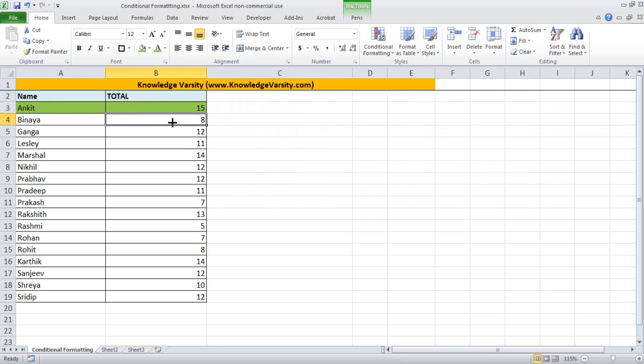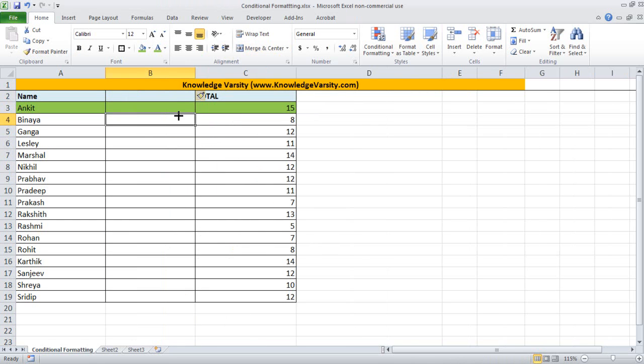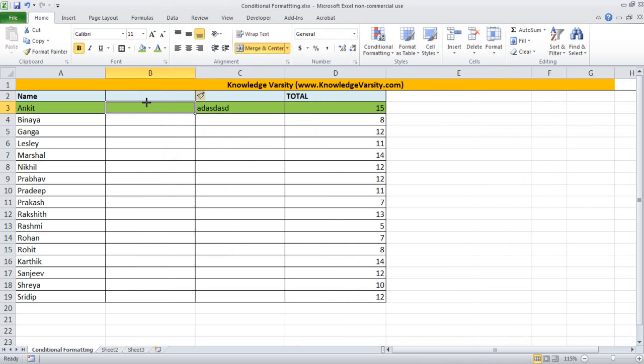So you see that the moment you put the dollar, it has come here. It may happen that I bring in another new row or column. Let's say we write here name, then section, and then batch. So let's say section A and batch 2013, so we have all those details.